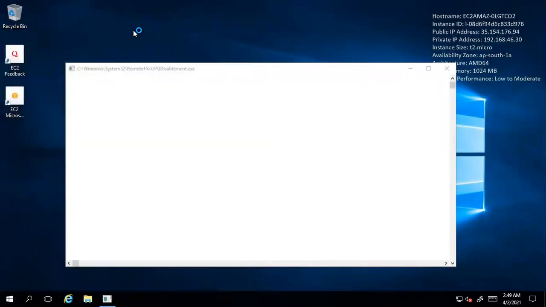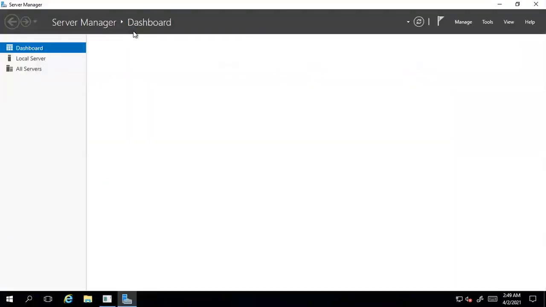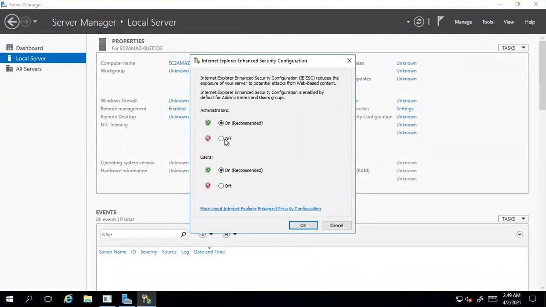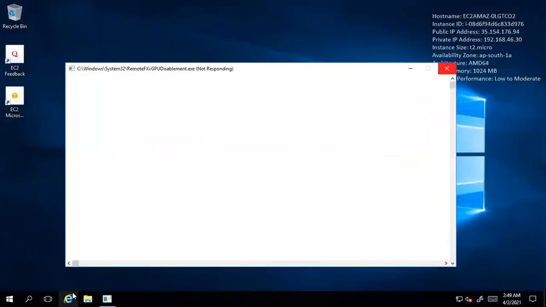I am navigating to Server Manager, disabling IEHC. Navigate to local server, IEHC, turning it off, and open Internet Explorer.